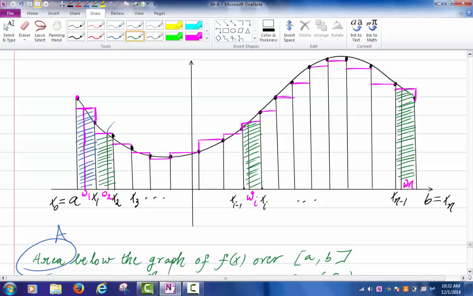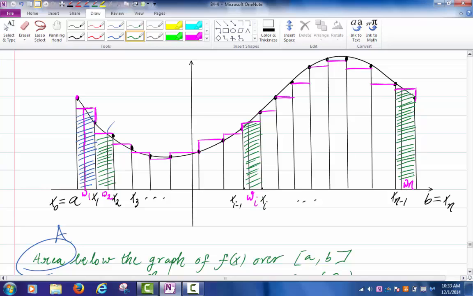So I get all these rectangles, right? Each summand in the Riemann sum represents the area of a rectangle like this. So if I look at the total area of these rectangles, wouldn't you say that's an approximation to the area below the graph of f above the interval from a to b? Would you agree with that? Notice that the more partition points I pick, the better approximation I'm going to get for the area below the curve. If my goal is to approximate the area below the curve above the interval from a to b, then I should be